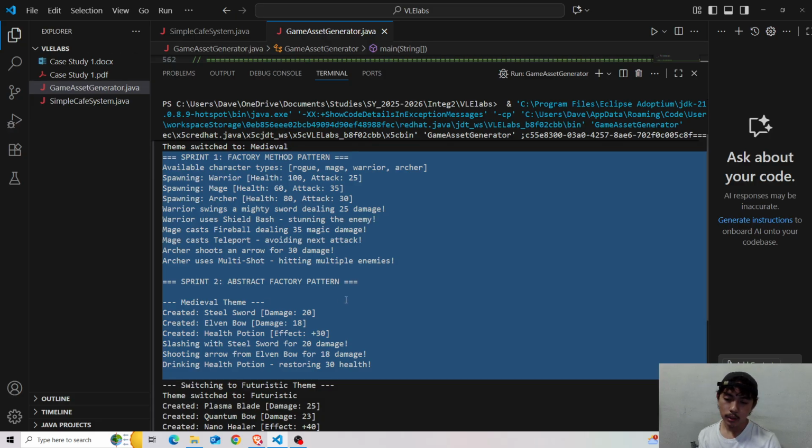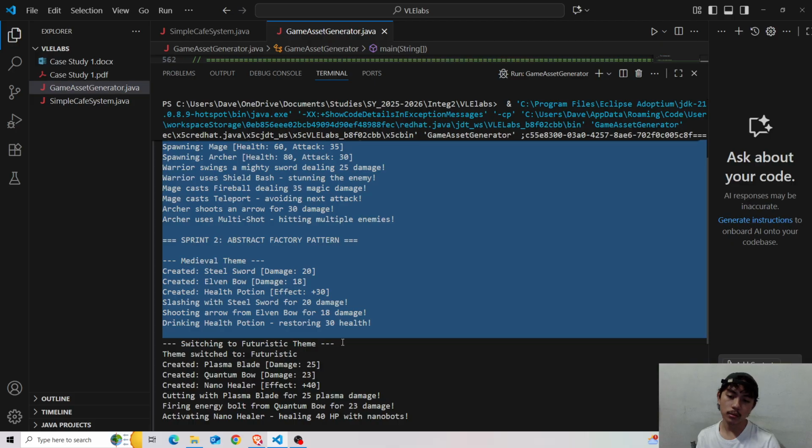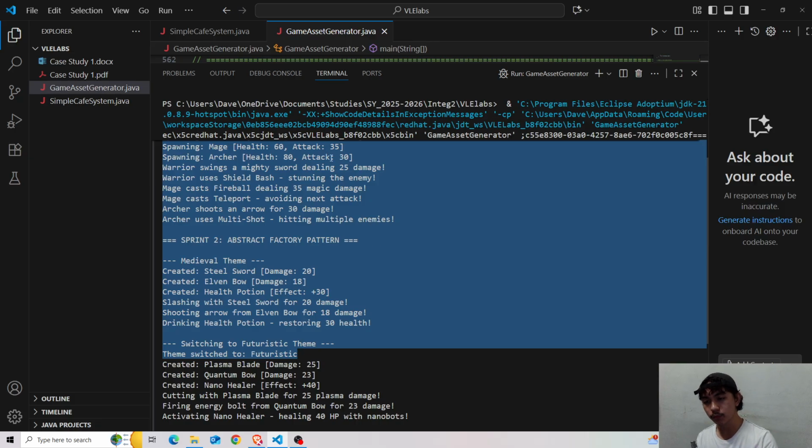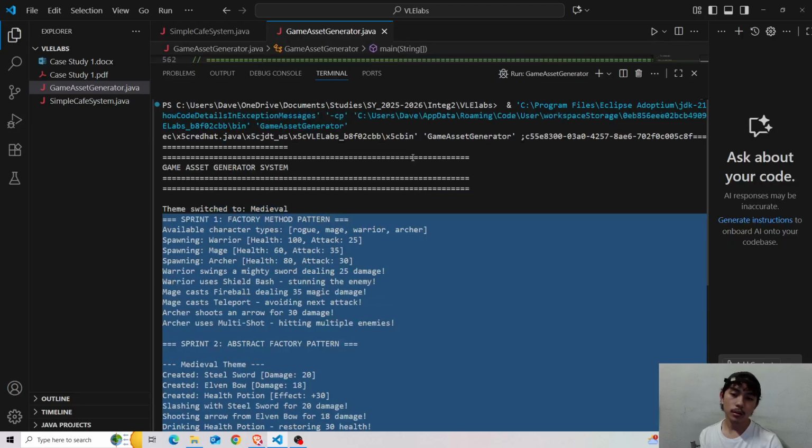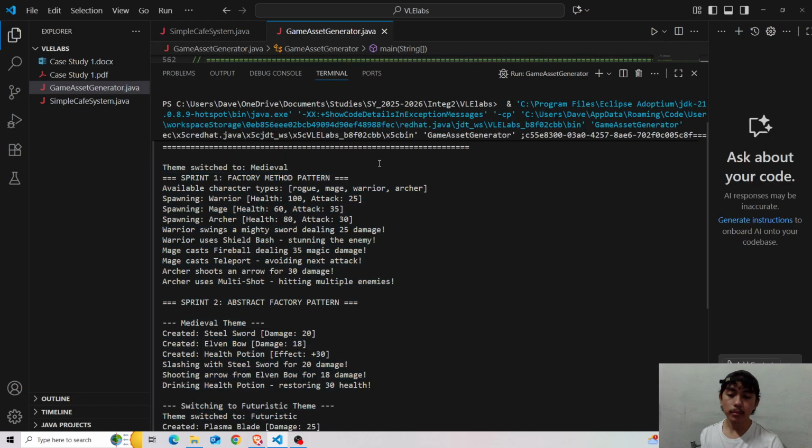So unless other themes are being called, or the theme is being altered, then that's the time when the other theme is going to be implemented.